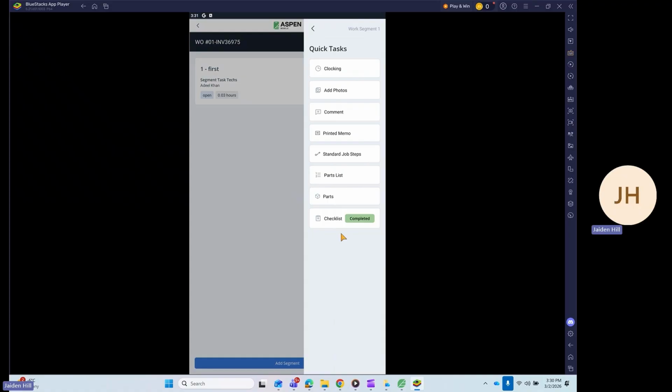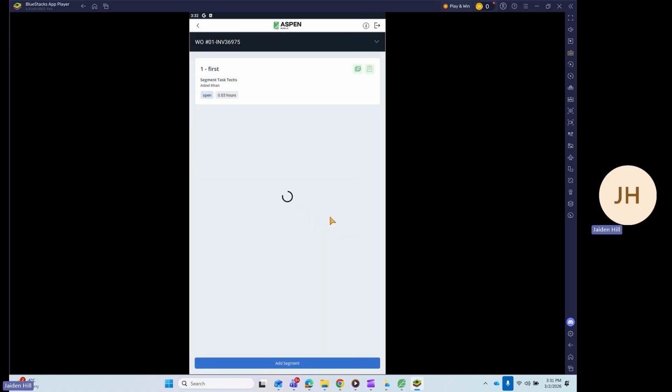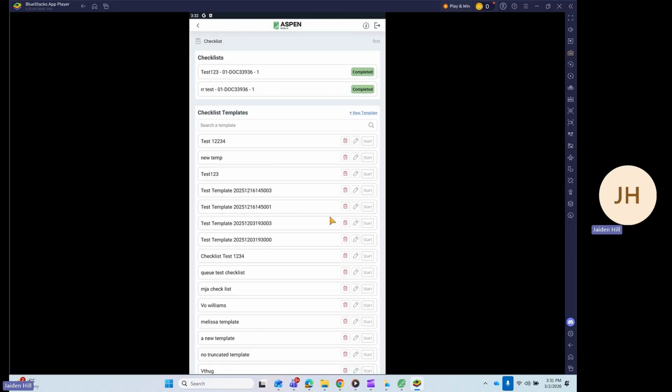So the last thing I wanted to show you guys is our checklist function. So let's jump in here. If you guys have any checklist you have the techs running through on paper right now, whether it's a PDI or any kind of inspection checklist that you guys are doing, you guys can build these out of here and have the tech run through those checklists from mobile, which is going to give you visibility into what they're filling out and if they're truly completing it. And then it'll give you a PDF that you can easily share with the customer,